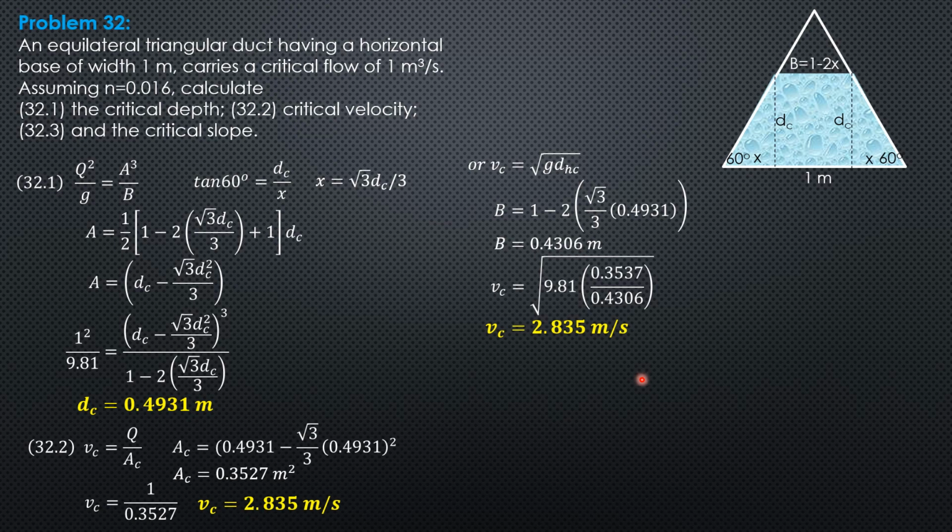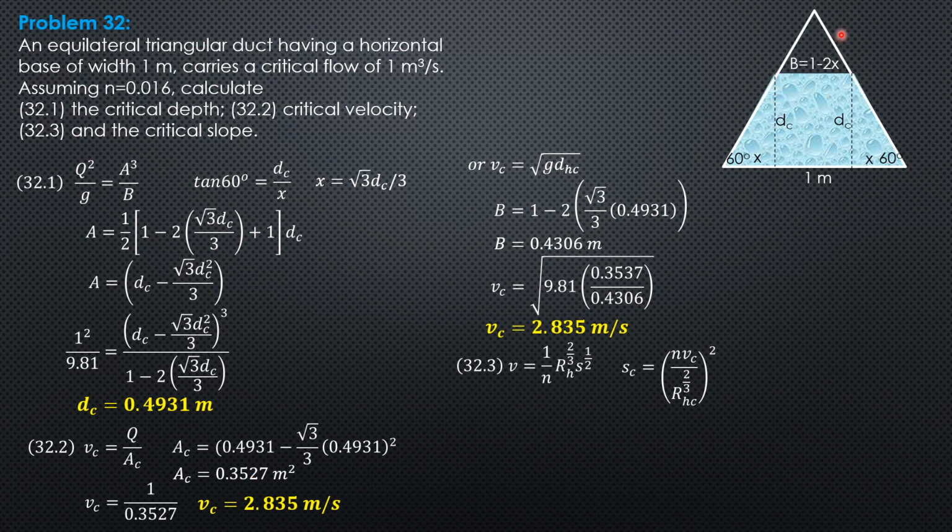Then critical slope. Since V is 1 over n times hydraulic radius to the 2/3 times slope to the 1/2, then critical slope is the quantity n V over hydraulic radius critical to the 2/3, squared. So we already have V sub c and n. We need the critical hydraulic radius only, which is area critical over wetted